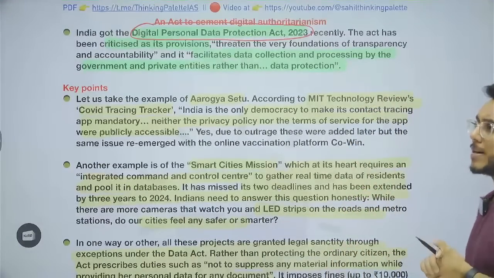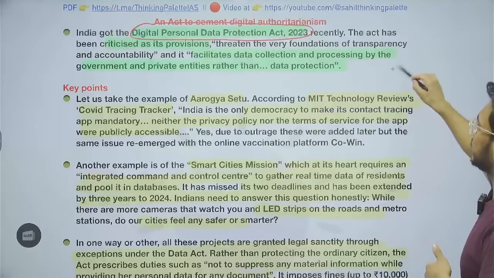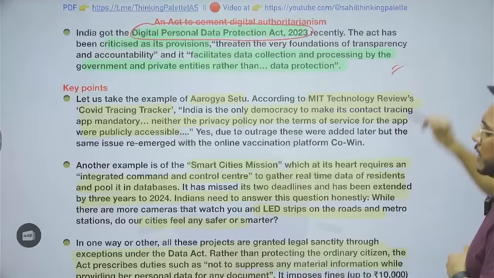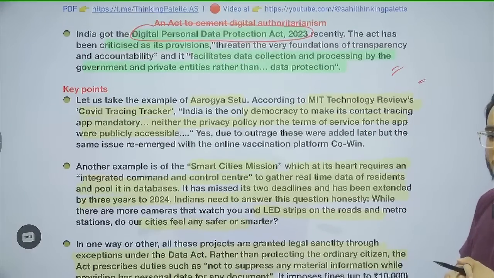Now moving on. So the article provides this particular thing, that what has happened with this Digital Personal Data Protection Act is that, rather than protecting the people's right to privacy,